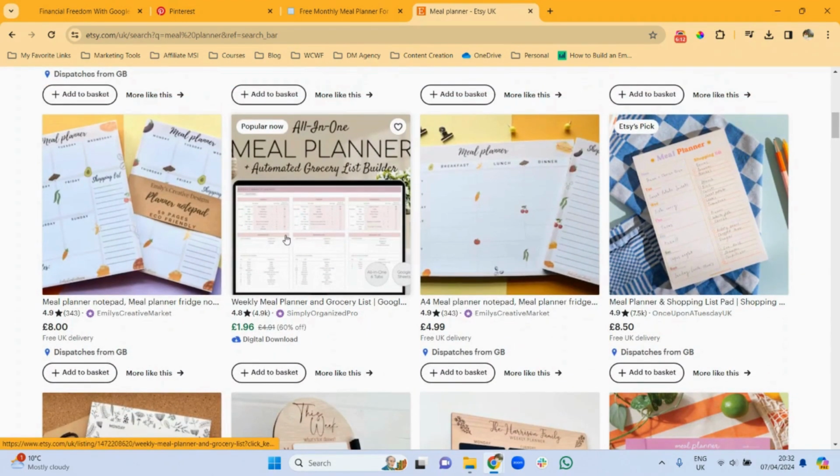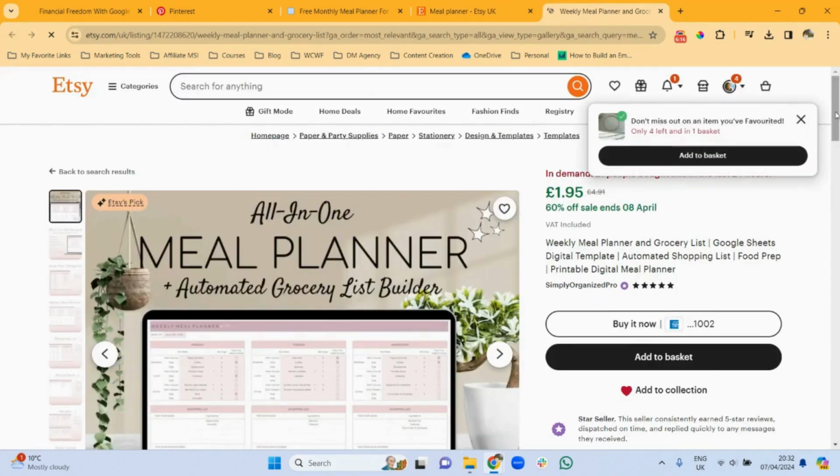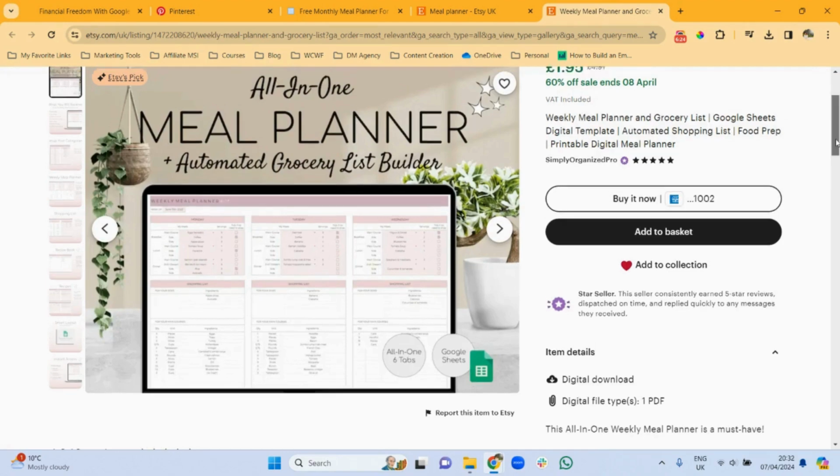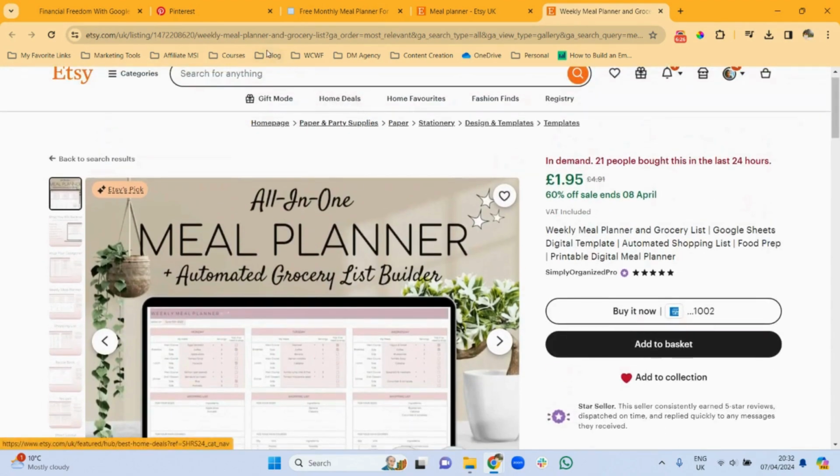Right, so here seems to be a spreadsheet digital product, and it looks like it's created within Google Sheets. So that's just another idea for you about a spreadsheet that you can create.